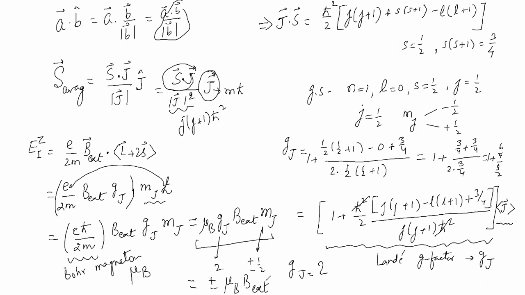Mu B is the Bohr magneton. This value is constant. B external is the external magnetic field that you apply. Therefore, you know how much will be the energy shift when you apply an external magnetic field. And since this is a perturbation,